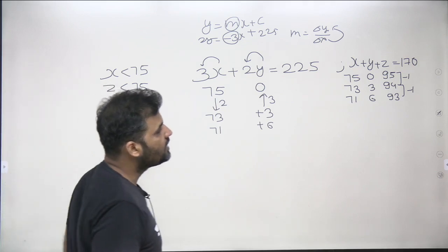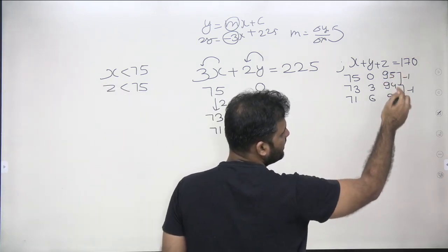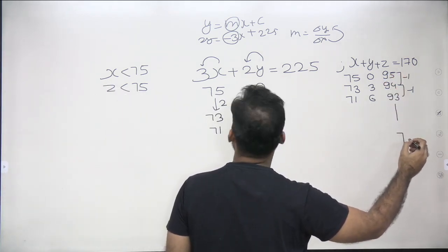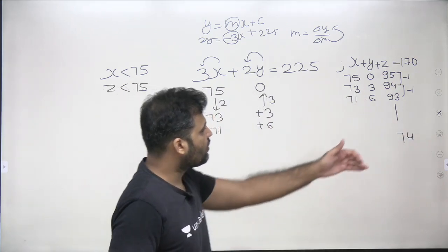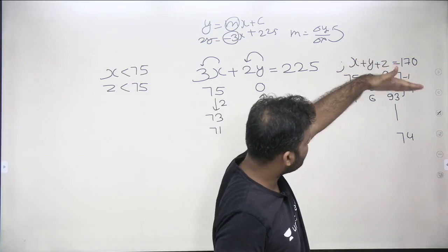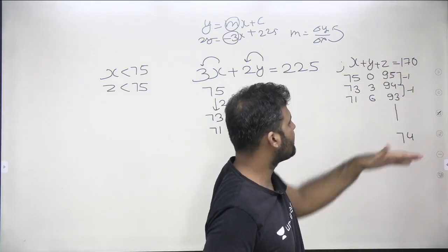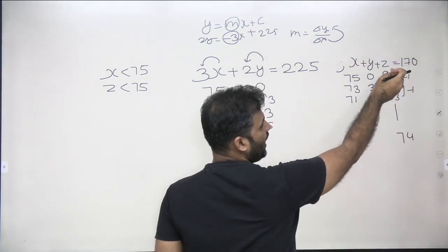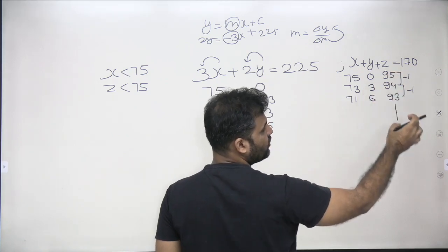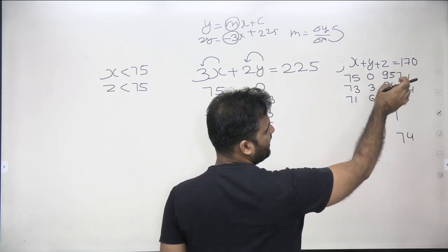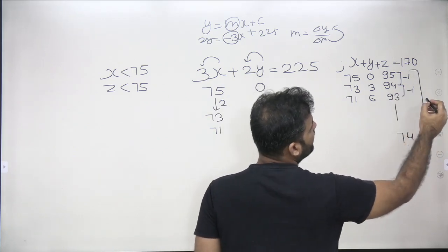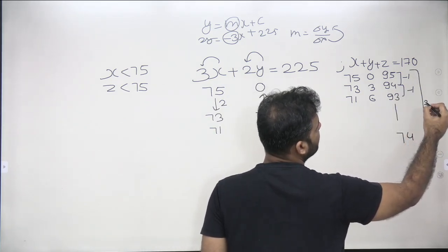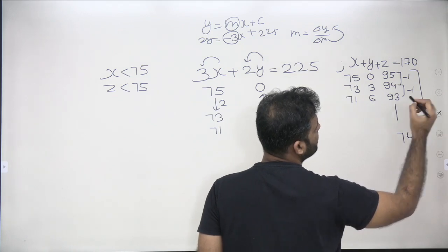So I need to decrease it to 74, because that's the first value that will satisfy it. Now when you are taking down the value from 95 to 74, you are decreasing it by how many times? See that if you have 95 rupees in your pocket and it is reduced down to 74, you are spending 1 rupee each time. How many times will you spend 1 rupee? 95 to 74, you are decreasing this value 21 times.